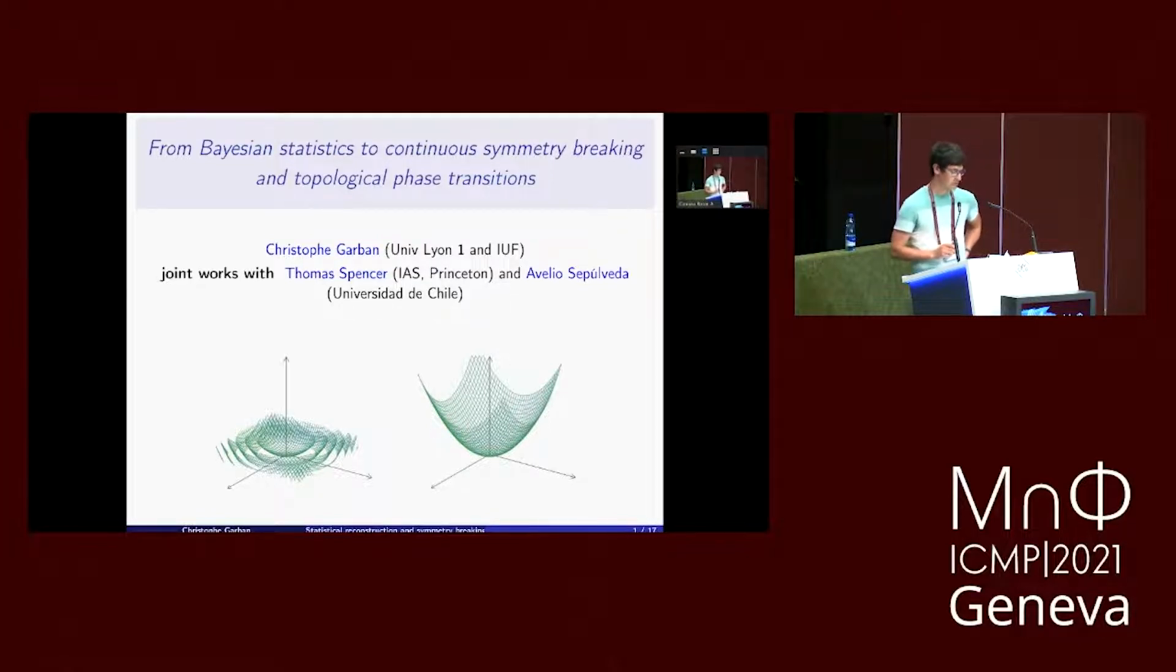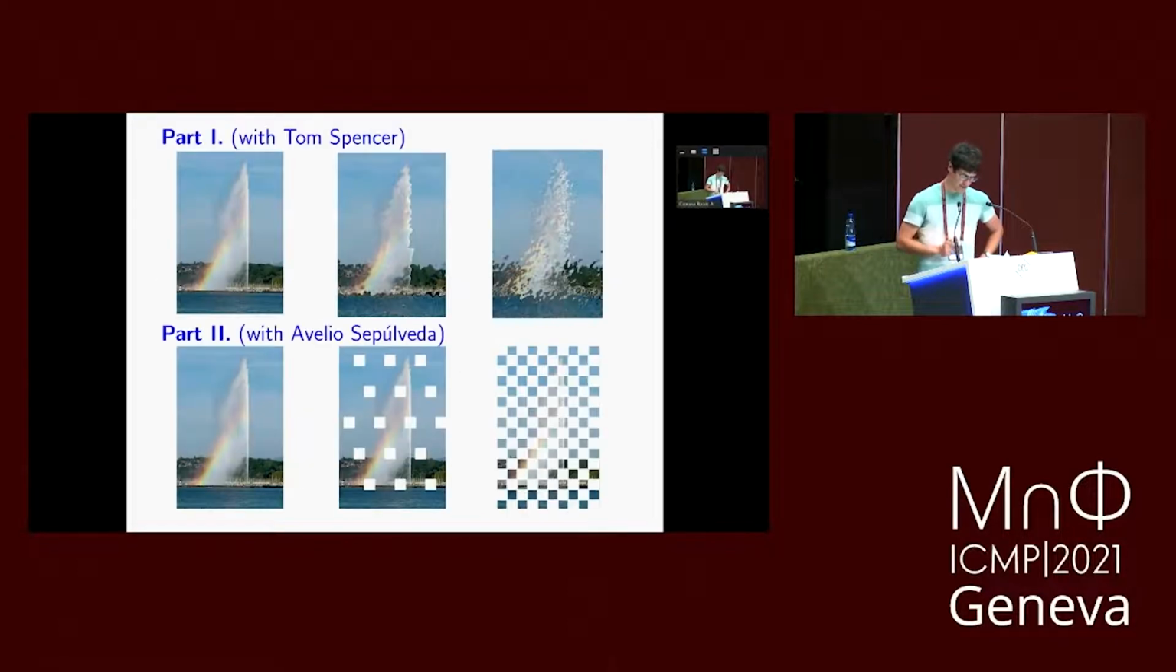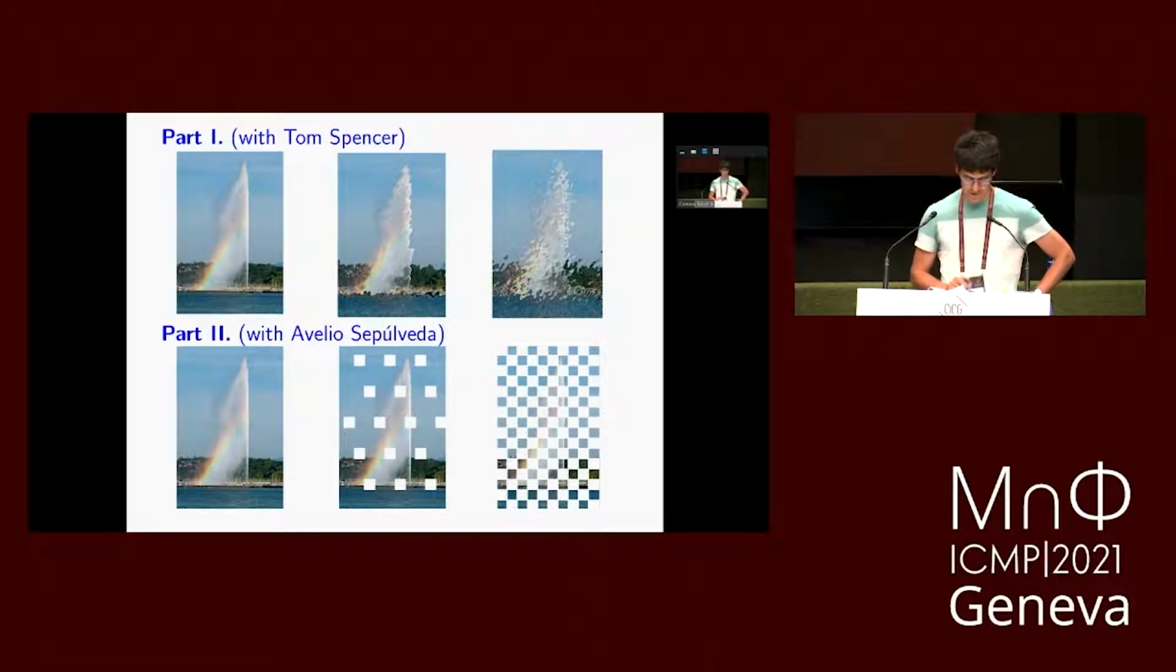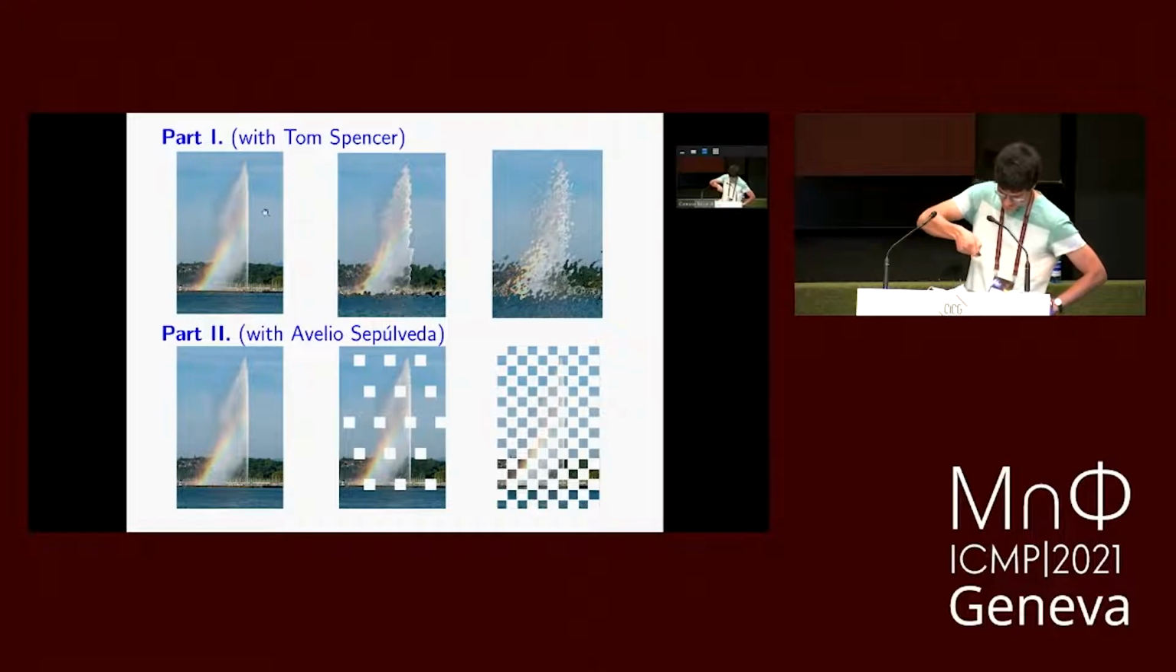So I will start the talk with an illustrative picture of what those Bayesian statistics will be. And there will be two kinds of Bayesian statistics. Each of these in this illustration have to do with the most famous monument of Geneva. So in the first part with Tom Spencer, the Bayesian statistics will start with an object, and we will add noise to this object. And the purpose of Bayesian statistics often is to try to recover what was the initial image or object given the noisy data. In the second part of the talk, which I think will be short because of time constraints,